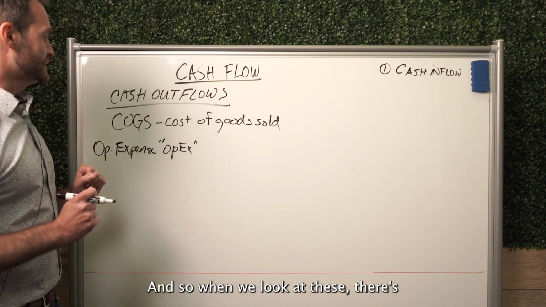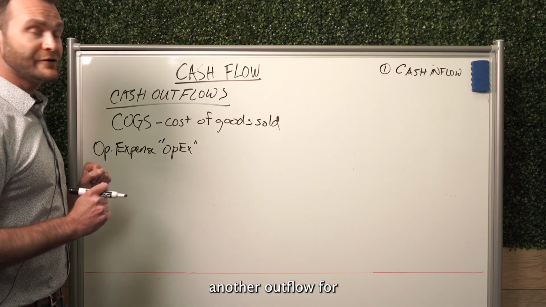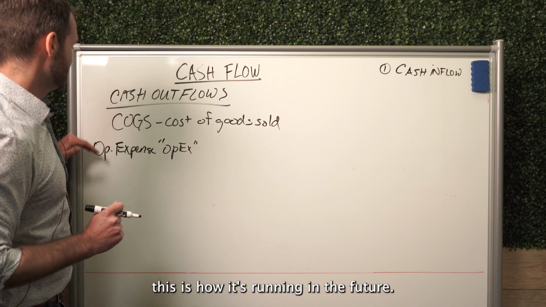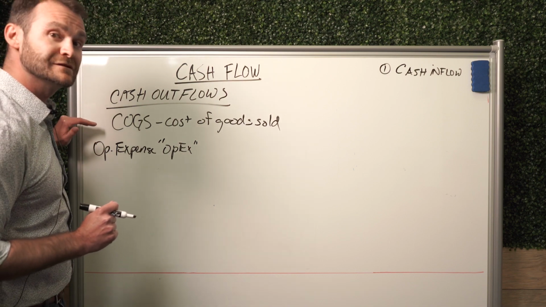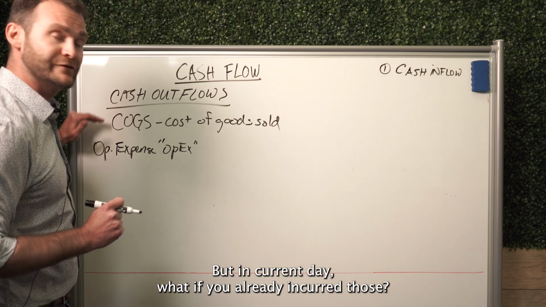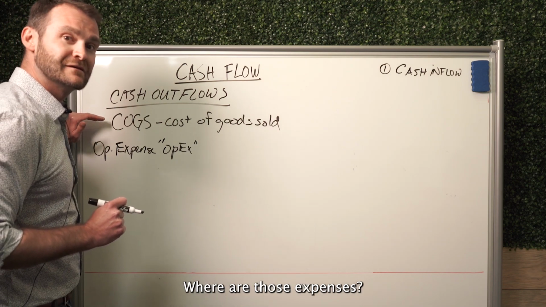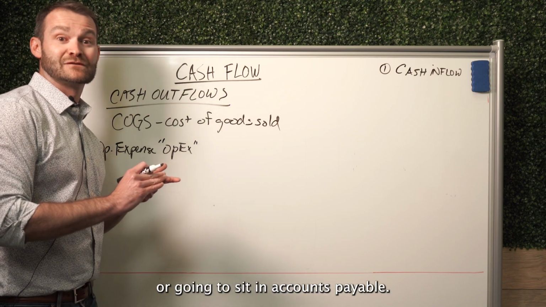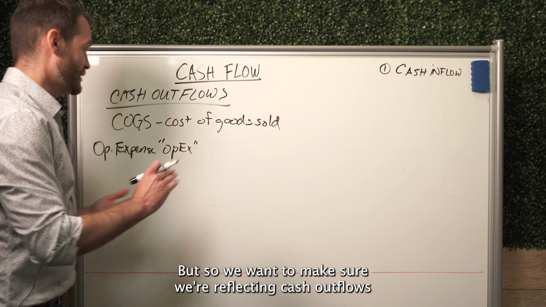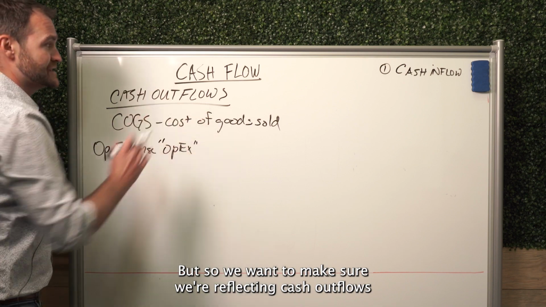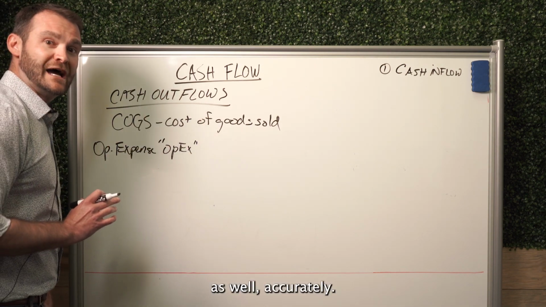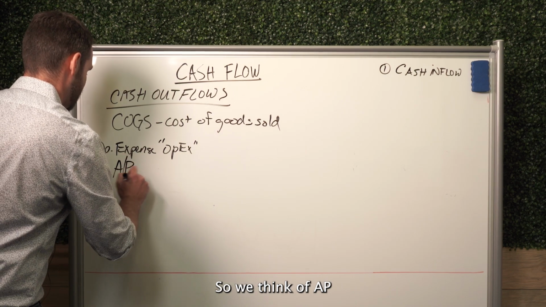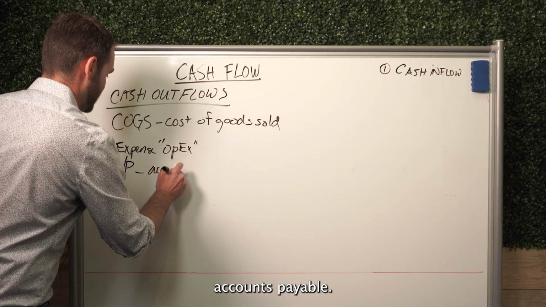And so when we look at these, there's another outflow. This is how it's running in the future, but in current day, what if you already incurred those? Where are those expenses? They're probably either going to be paid on a credit card or they're going to sit in accounts payable. But we want to make sure we're reflecting cash outflows accurately as well. So we think of AP, accounts payable,